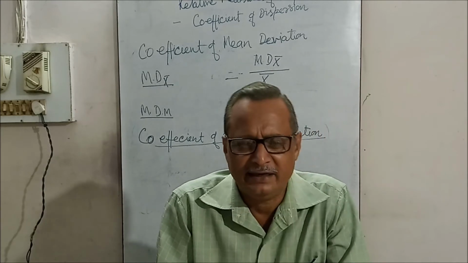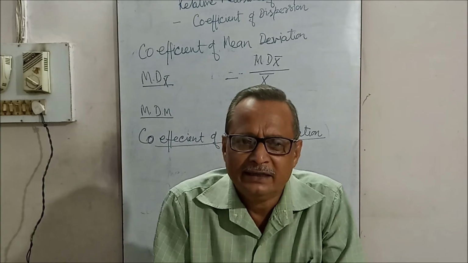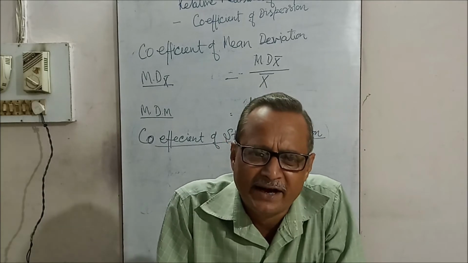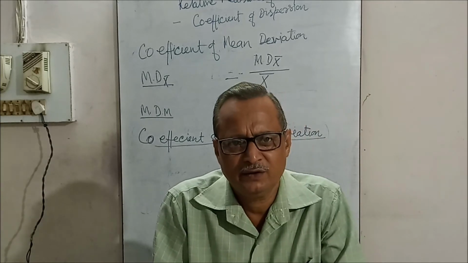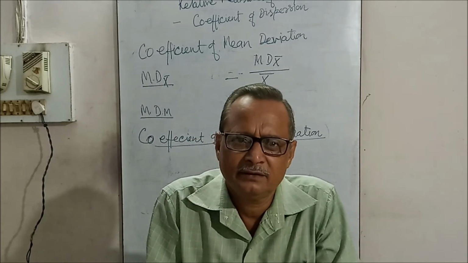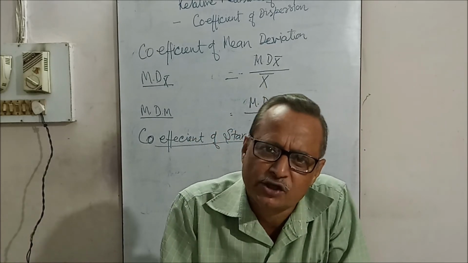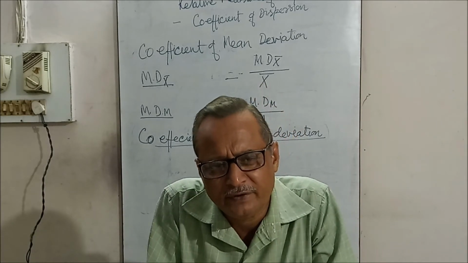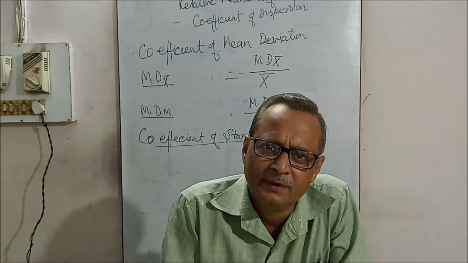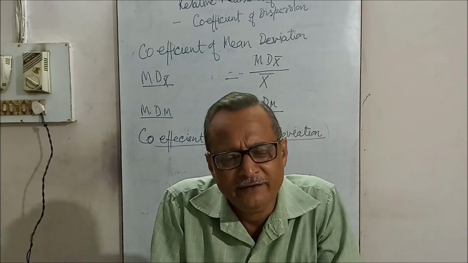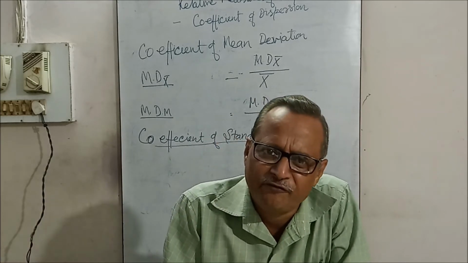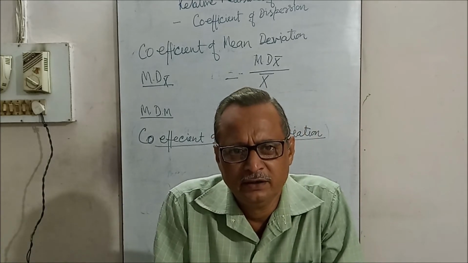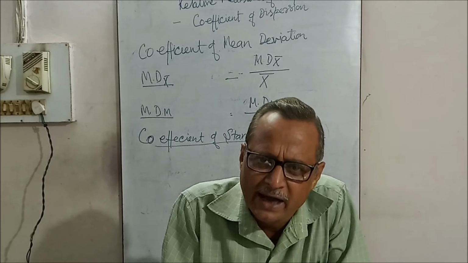Once the average mean is calculated in the direct method, find the deviation from the size of item, that is size of item minus average mean. Whatever deviation you get should be converted to the square, and the total of those deviations squared. If it is the individual series, you put in the formula: standard deviation is equal to under root sigma dx square upon n.